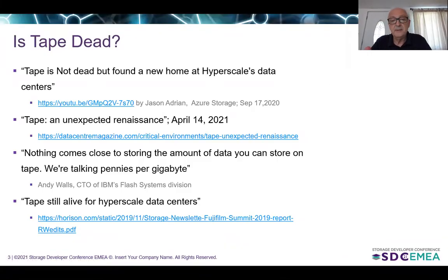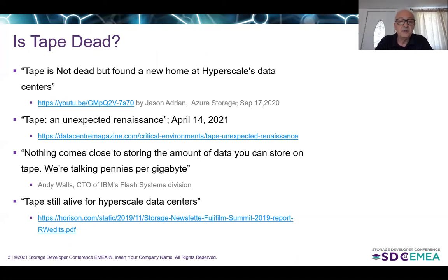Well, first of all, this is an often heard claim: is tape dead? I get asked this quite a number of times. In my 20-plus year career, I was asked, is tape dead? When is tape going to die? So many times that I basically lost count of it. However, recently there has been some new activity around tape that has regenerated the interest in the use of tape, especially at